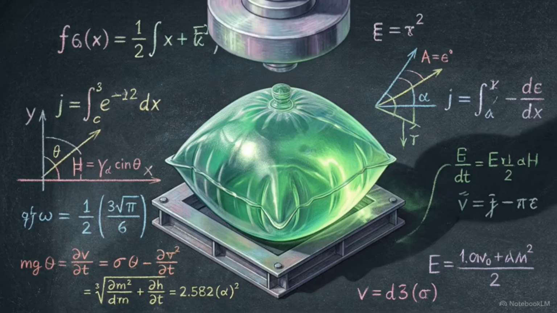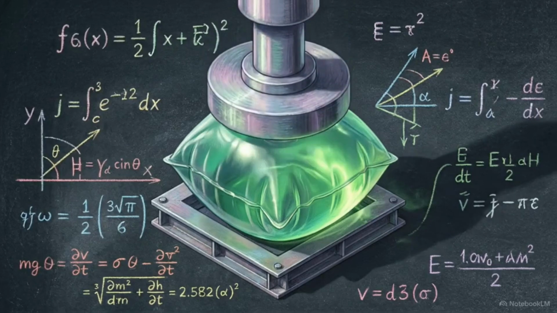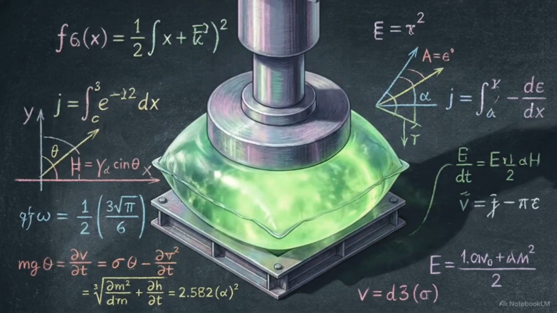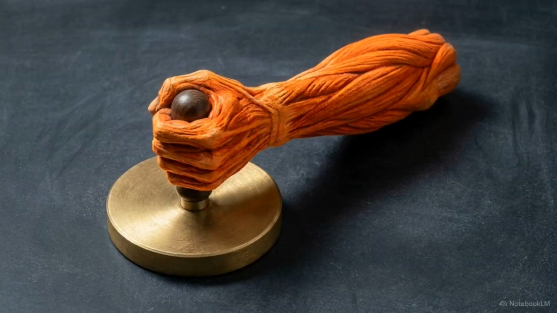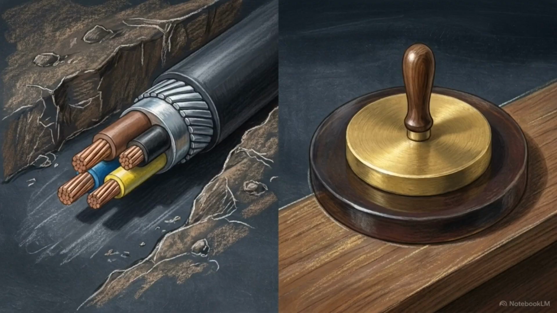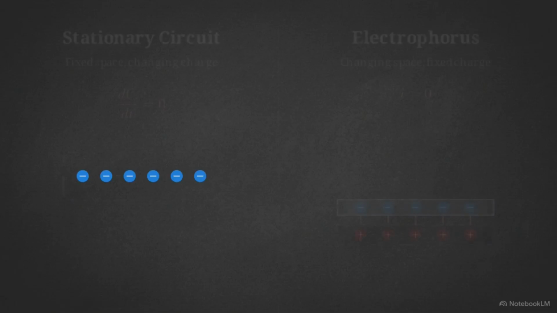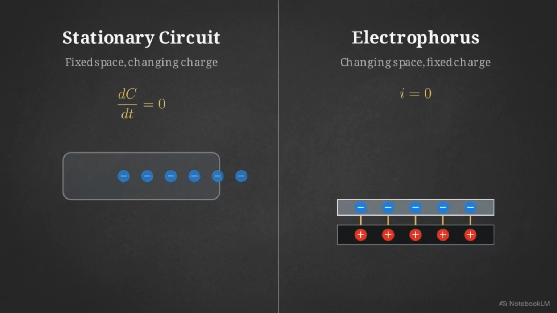This is similar to a flexible tank being squeezed. Reducing the volume forces the existing fluid to a much higher pressure. That voltage is the direct result of the operator's physical work being converted into electrical potential. The underground cable and the Electrophorus represent two halves of the same physical law. One relies on a changing charge in a fixed space, while the other forces a fixed charge into a changing